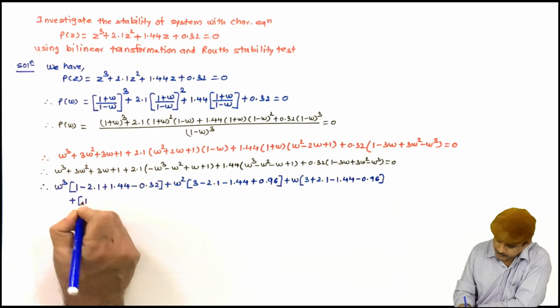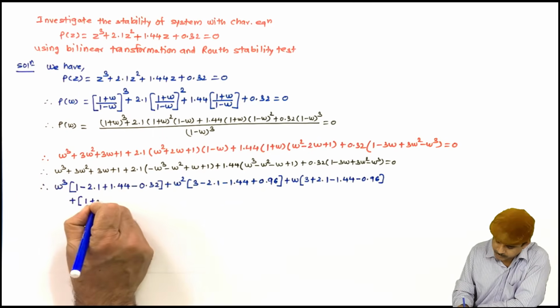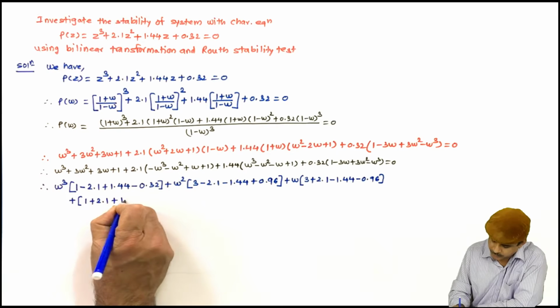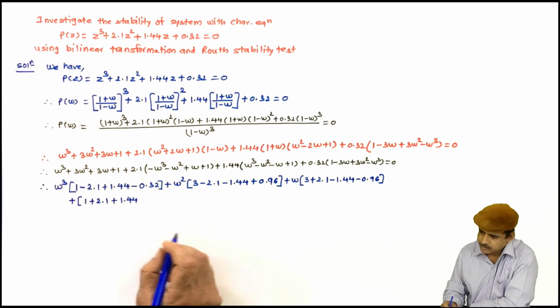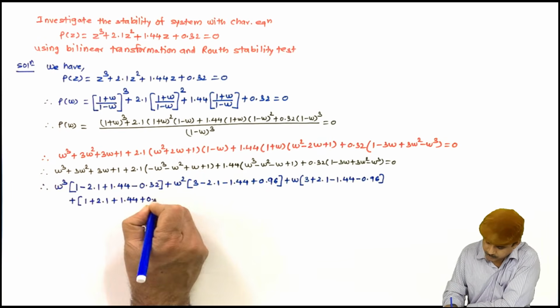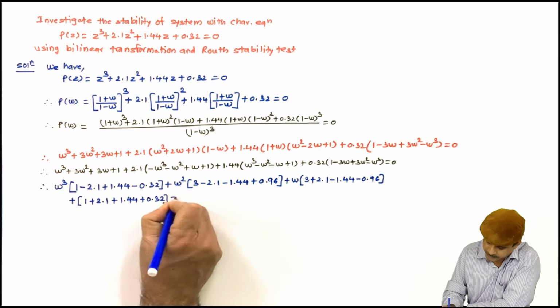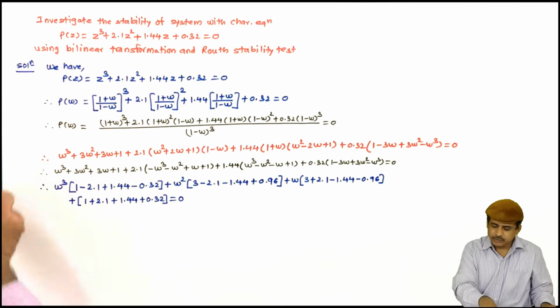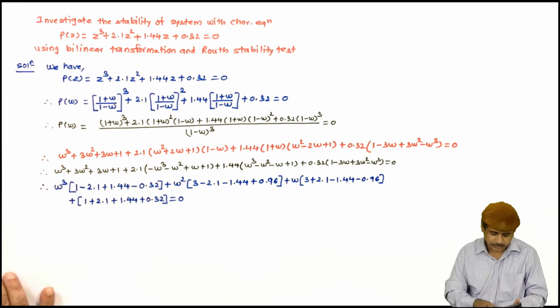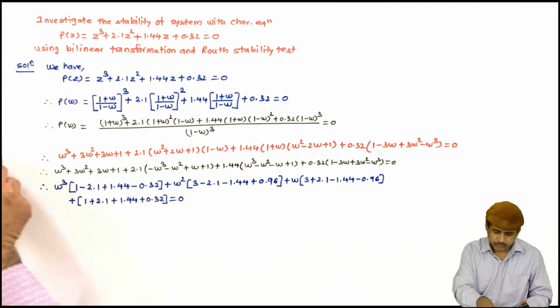So it's 1 + 2.1 + 1.44 plus 0.32, and this is equal to 0. So let us do the calculations. 1 - 2.1 + 1.44 - 0.32, so it is